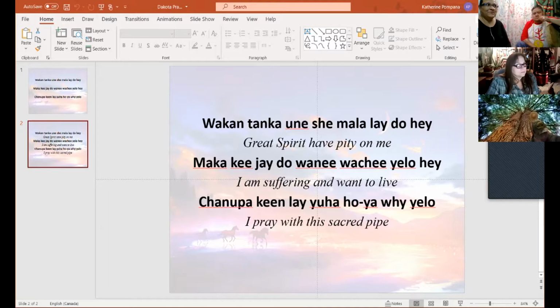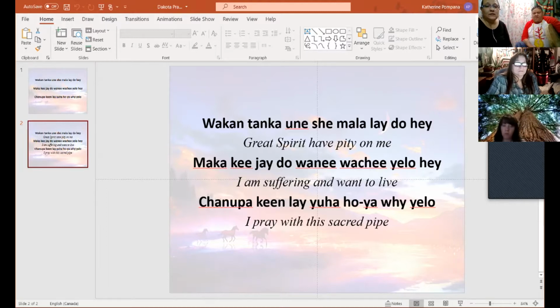There are really very few that I can think of that are just songs. So it's a little bit difficult to pick a Dakota song to teach, because they're very specific to different areas and very specific to different ceremonies. And so sometimes we have to be a bit careful which ones we choose to share, only because they are so specific. But this was one that we thought it would be nice to share.